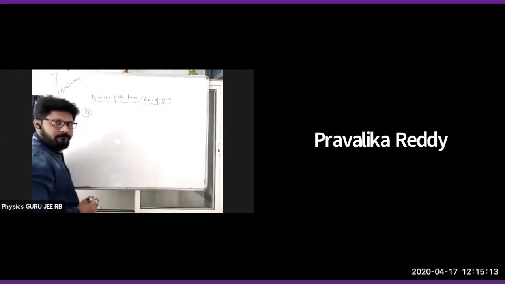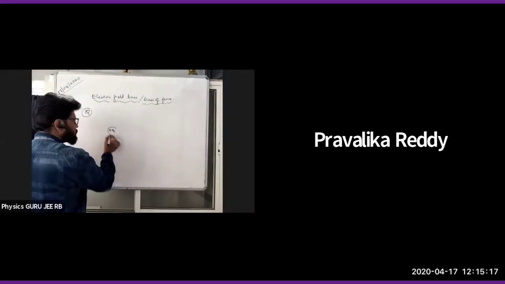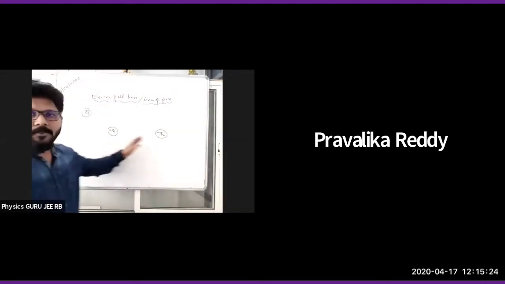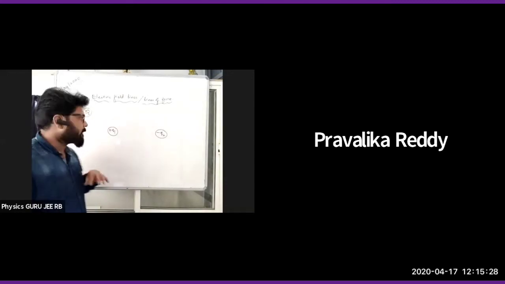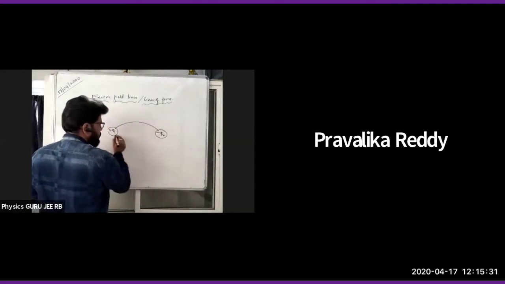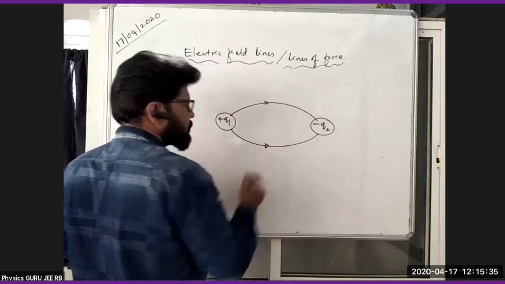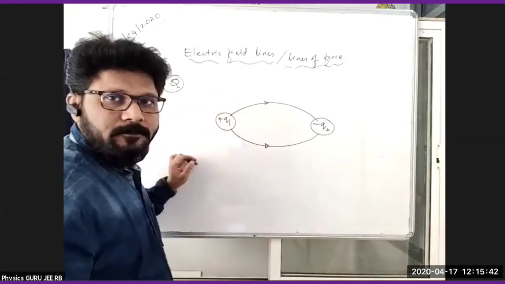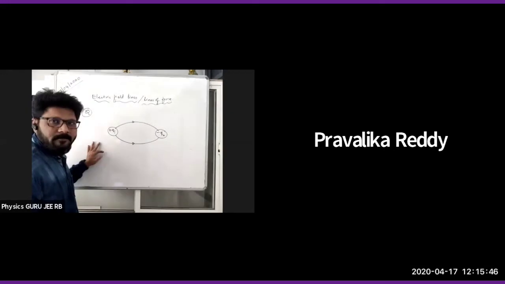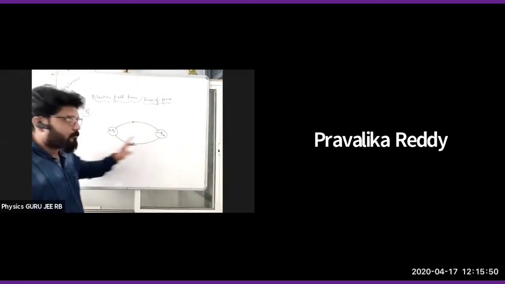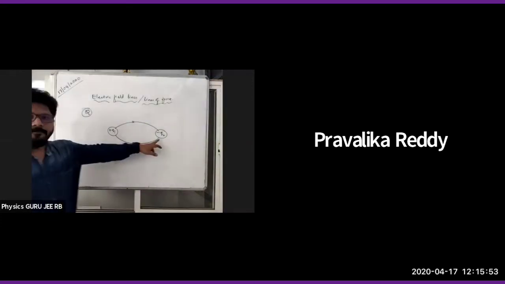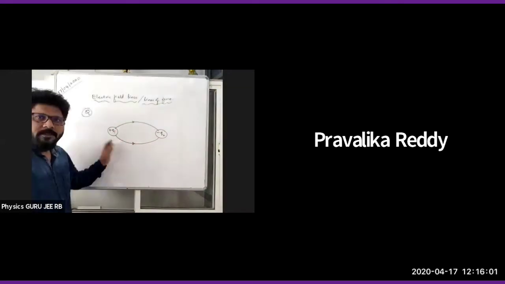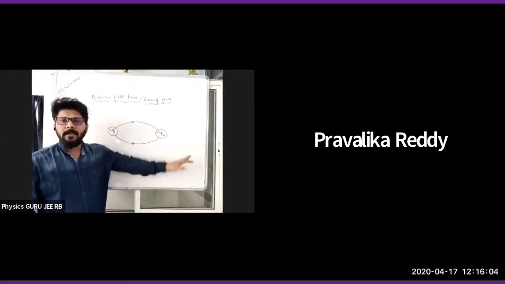Question. Taken one positive Q1 charge and minus Q2 charge. Q1 and Q2 is given. 2 charges are given, and the diagram is given like this. Right. How many electric lines are there with the Q1? Anybody? With Q1, how many electric lines are there? 2. For Q2, how many electric lines are there? For Q2, minus Q2, okay, 2. So 2, here also 2, means they are joining. So starting at Q1 and ending at Q2, right?